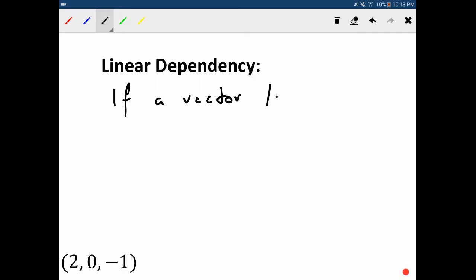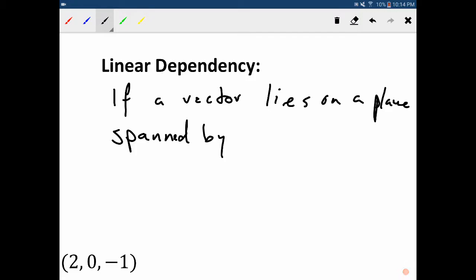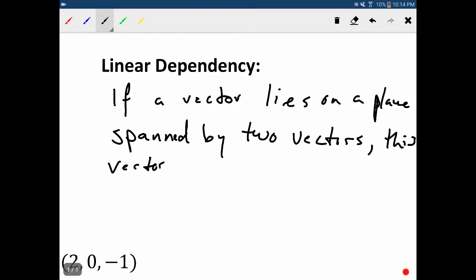If a vector lies on a plane spanned by two vectors (I guess it wouldn't have to be two, it could be more, but regardless), then this vector can be created